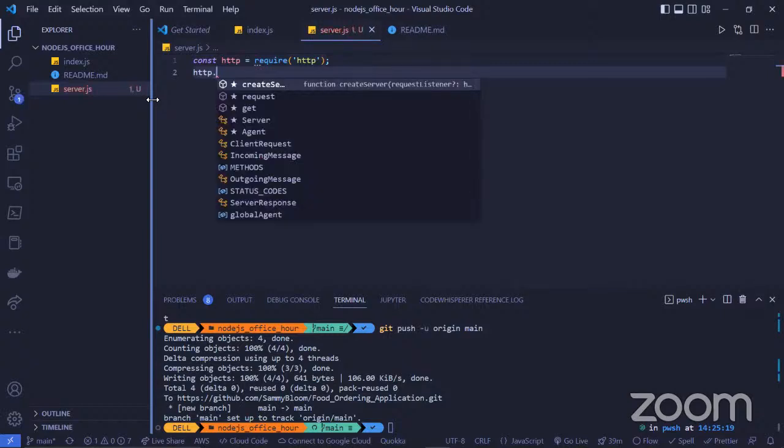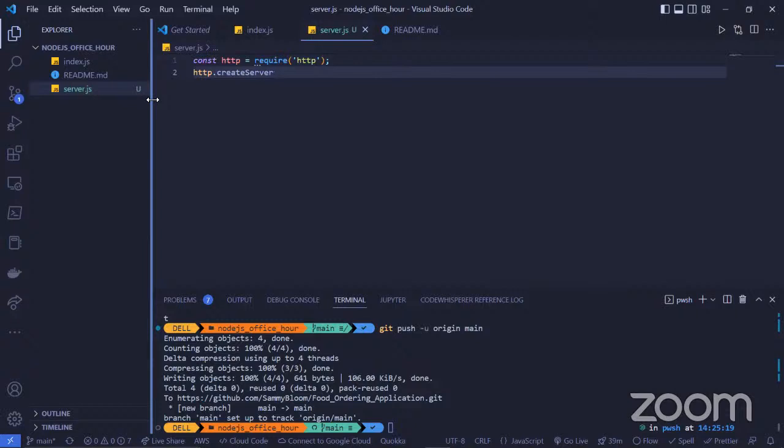You can see it's already giving me the suggestion. But then I want to store this inside a variable, and I'll just name the variable server, because I would like to use it in the future.